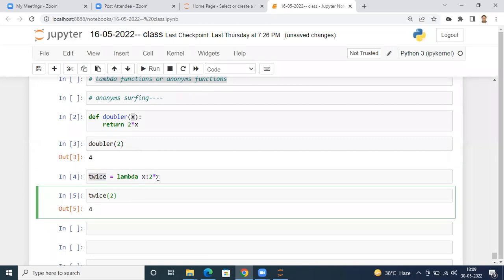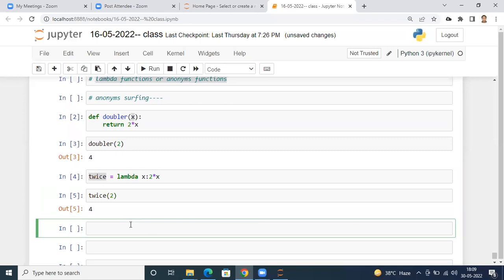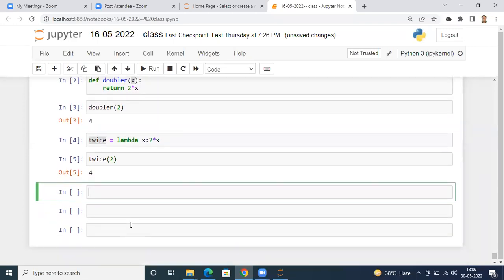Okay, not only simple, you can even use your if else statement as well. For example, I want to check whether a number is even or odd. Let's take an example, whether my number is even or odd with the help of lambda function. So I can do one thing, lambda, and again, I want to take an input x. Okay, I'll put a colon here. And what I want to do, suppose I want to say return even,